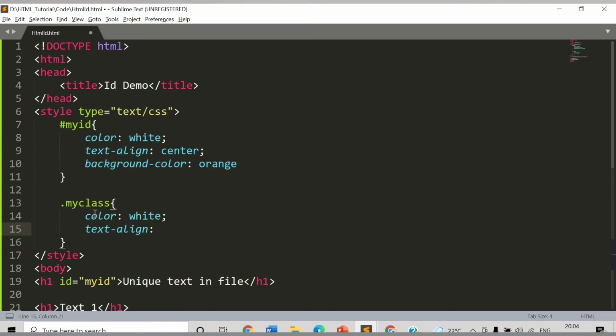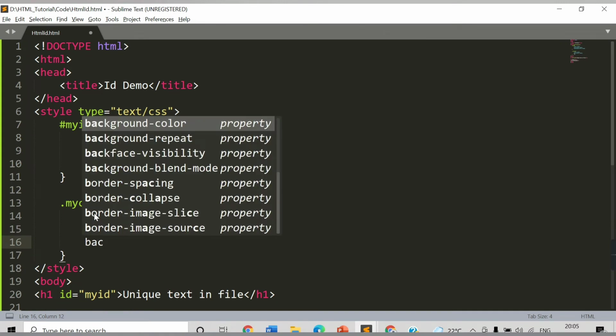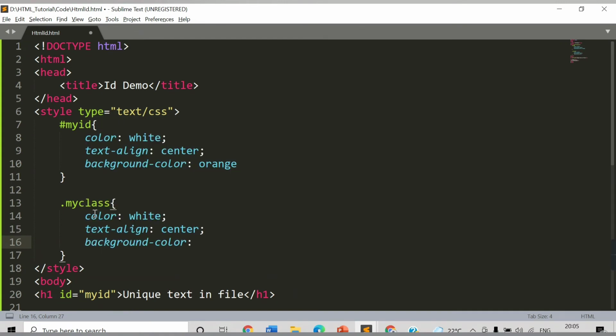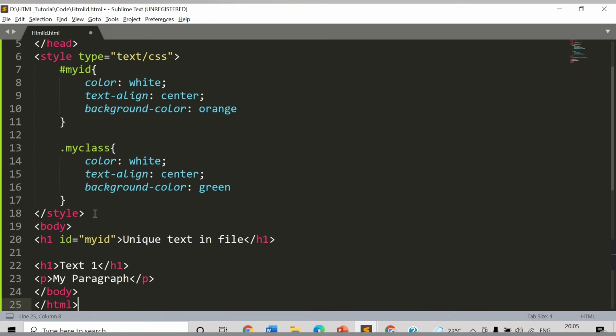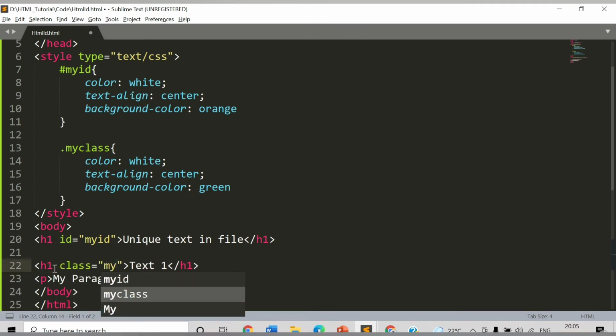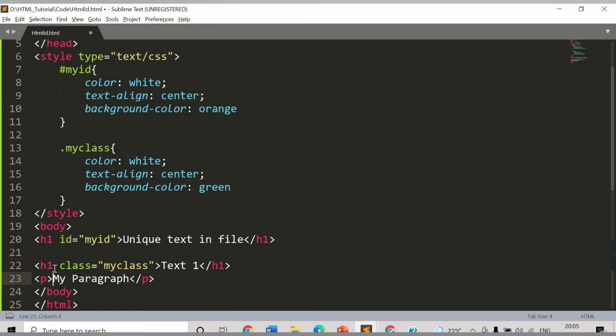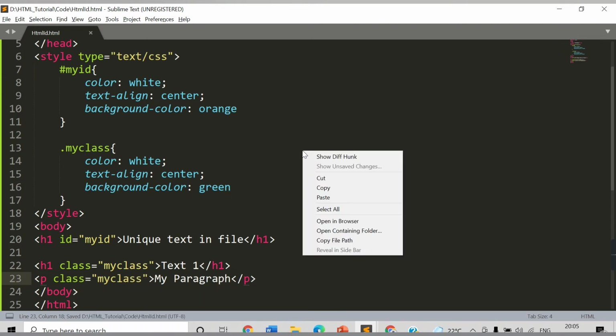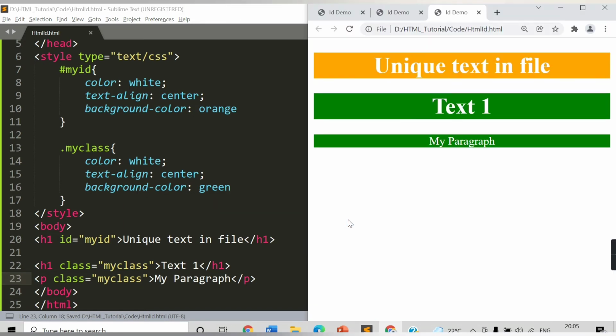Text align is also center. Background color, now we want green. Now this class will be used by these two tags. So here you can provide the attribute class and the name of the class, which is myClass. Also for this paragraph tag, class, myClass. Let's save this and open in browser.